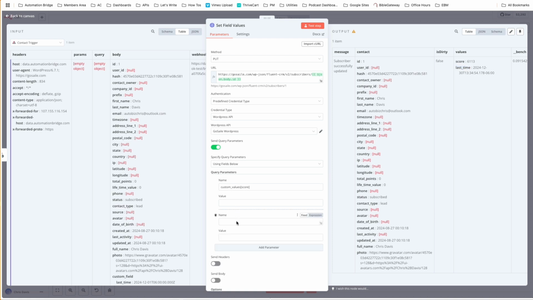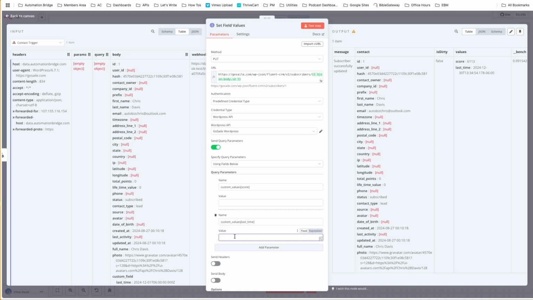And then I'm going to add another parameter. Custom values. And last time is the name of that one. And I'm going to grab this one. The timestamp is easier than the arithmetic. And I don't want you to get caught up in this actual app because you can use Zapier or Make to do the arithmetic or the time stamping. I'm just showing you how it's